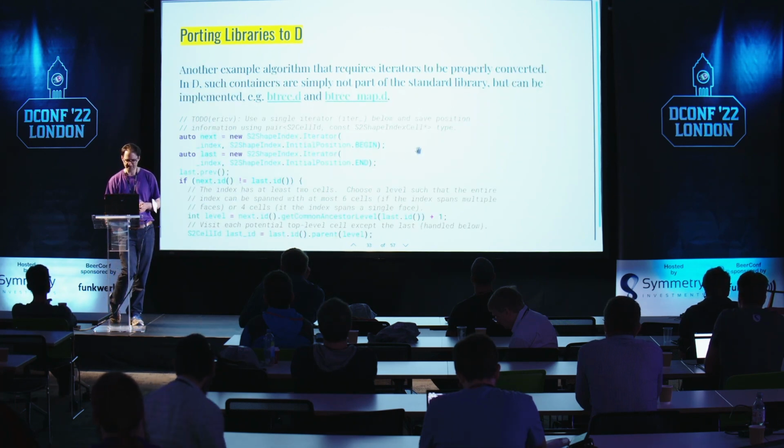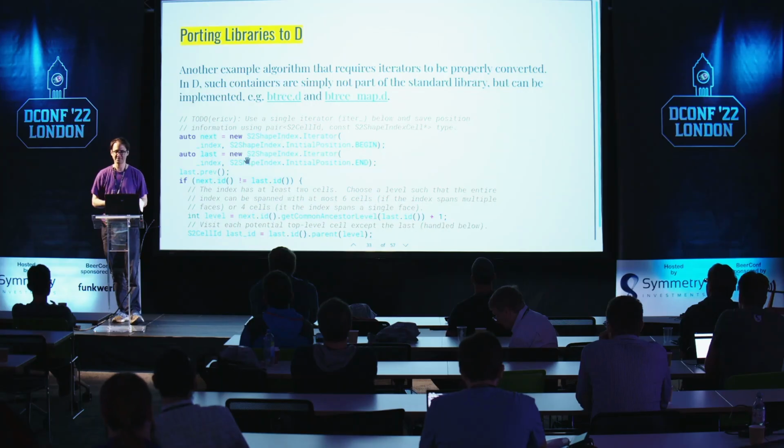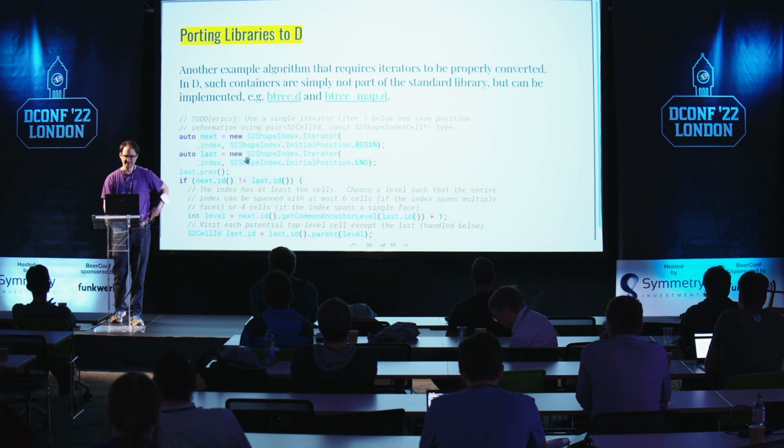Here's another little example, another algorithm from the S2 geometric library. What they're basically doing is they have this next element and their last element, and they're starting from a range of values, and then they're incrementally squeezing towards the middle until they reach a meeting point. Such algorithms are not so easy to convert in D, but the way around this that I found to be most